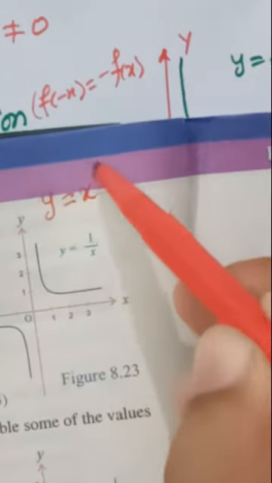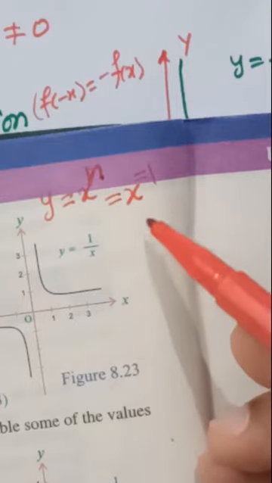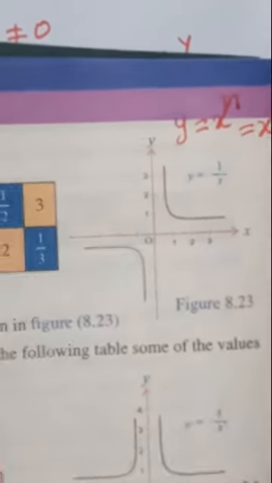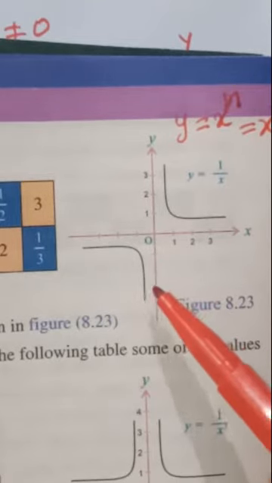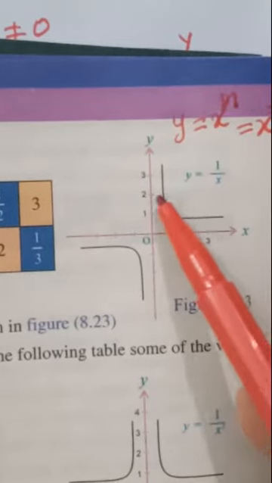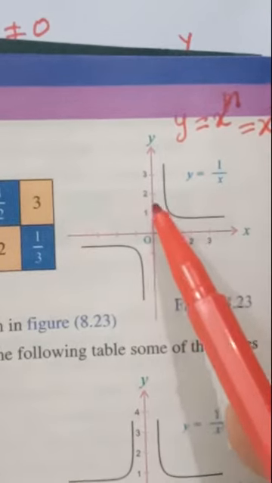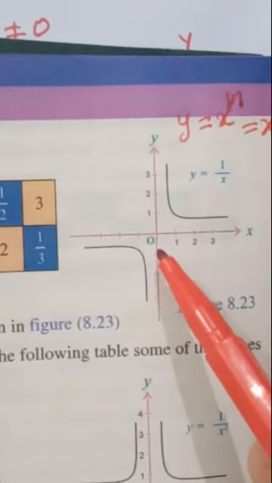Actually y is equal to x power n. So when n is equal to -1, you will get x power -1. When you take the reciprocal, that becomes 1 divided by x. So in this case the shape will be this: odd function, symmetric about the origin, discontinuous at 0. And you see the branches are not near to the axes, a little wider from the x-axis and y-axis, as you see from both curves.